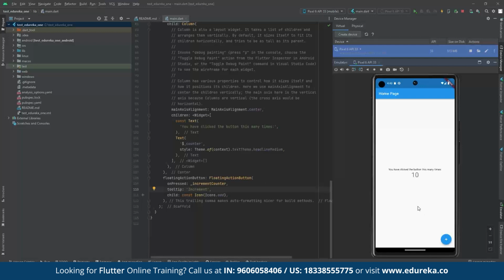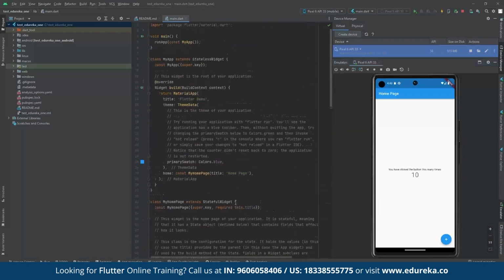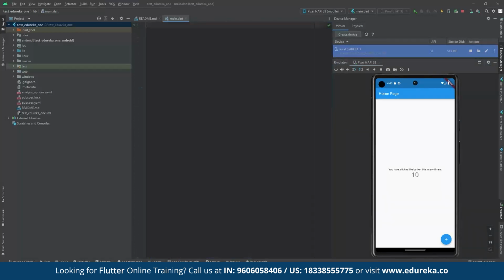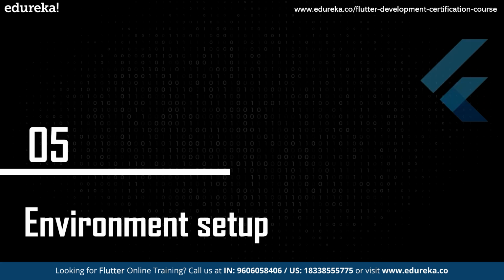So this is a simple application. This is automatically built for you, so you need not code this at the beginning. You can test this using this emulator. So let's stop this. So we have successfully completed our environment setup with installing Flutter SDK, Android Studio and